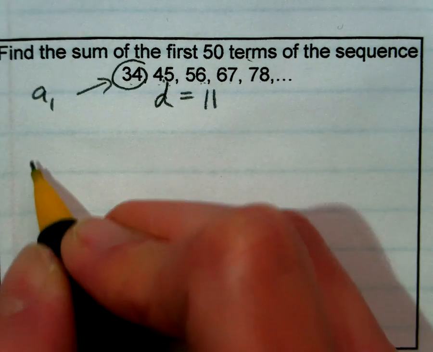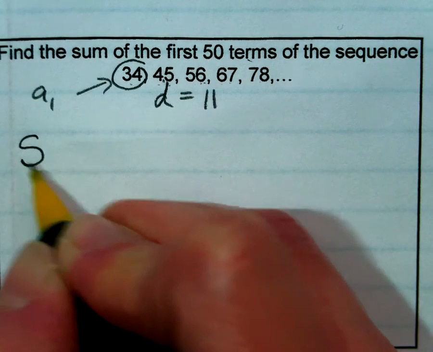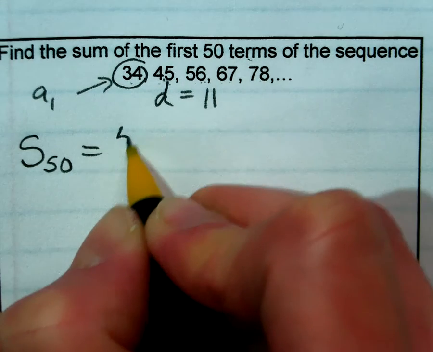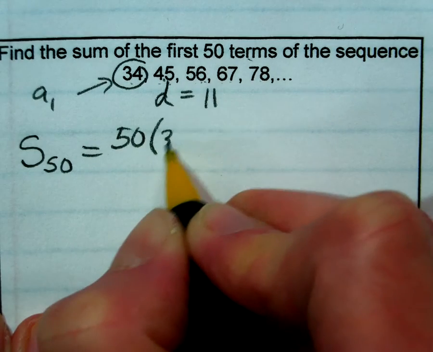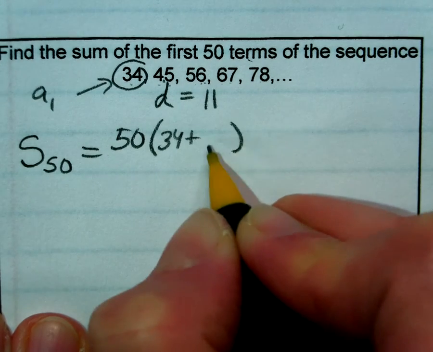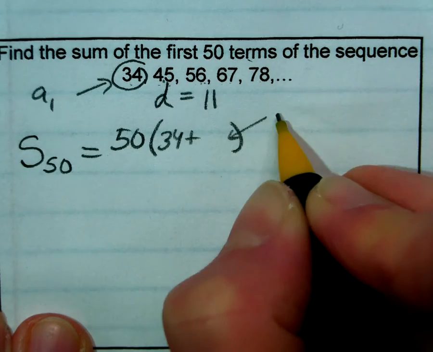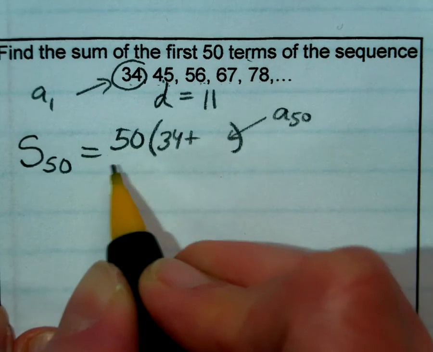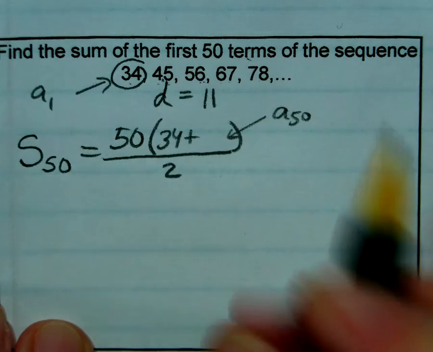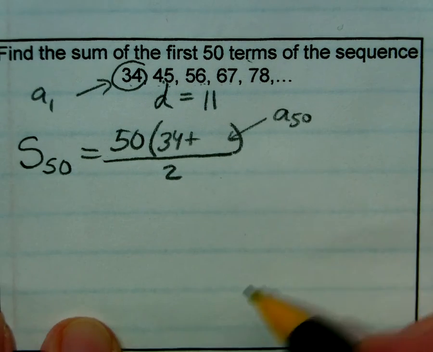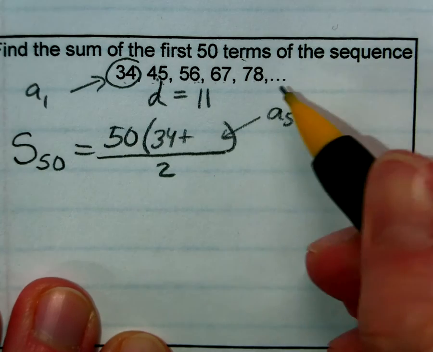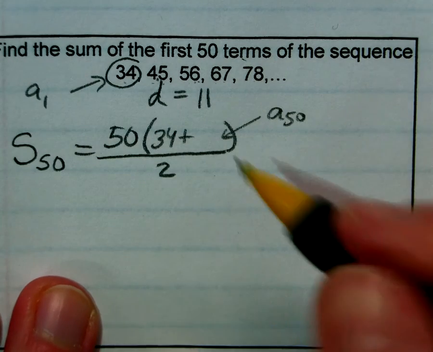So if we're using our sum formula, we can find the sum of the first 50 terms by putting 50 there, and then the first term's 34. But I don't know what's going to go here. That needs to be the 50th term. So we're going to have to find that. And then the rest of the formula is divide by 2. So we will use our prior knowledge of how to find the 50th term,